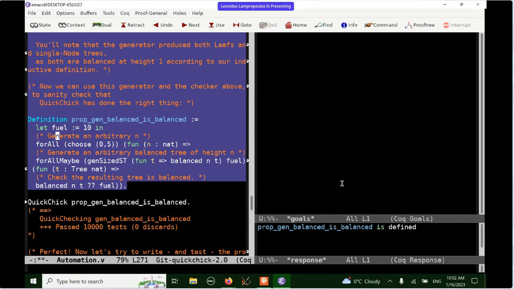And in order to check that, we need first to figure out what trees we're going to generate, what balance of trees we're going to generate. And for that, we need to create an arbitrary number n. How do we do that? Well, forAll is a combinator that, if you give it a generator for some type A, and then a function from an A to something that it can check,